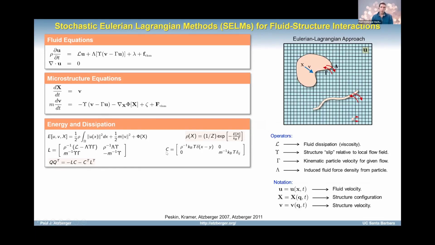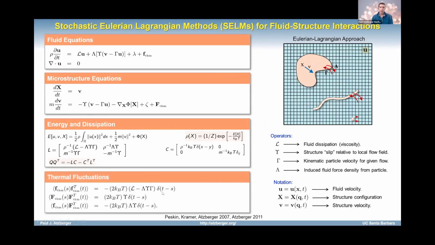And now what we need to do is put this together with LC, and that will give us our thermal forcing. And so if we put all that together, this is the thermal forcing now for this Eulerian-Lagrangian formulation of mechanics where we have these general coupling operators, gamma and lambda. So this allows us now to extend the Landau-Lifshitz fluctuating hydrodynamics to incorporate fluid structure interactions, where our fluid structure interactions can be modeled at various levels of approximation and styles, depending on what type of ultimate phenomena you're trying to capture.